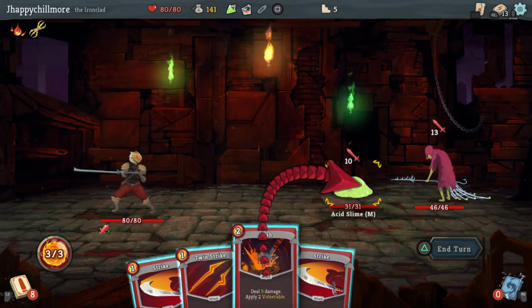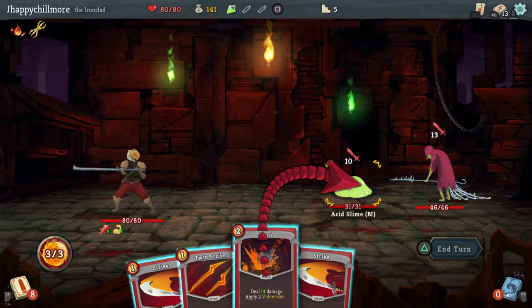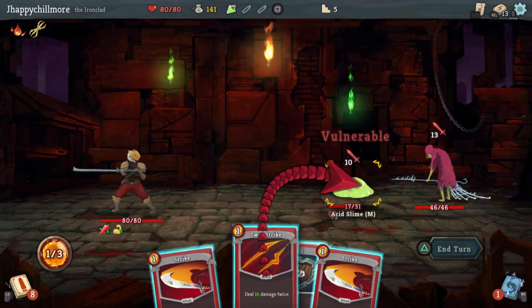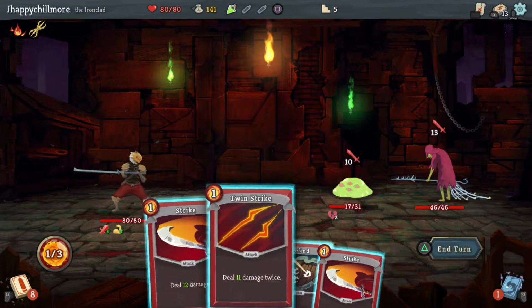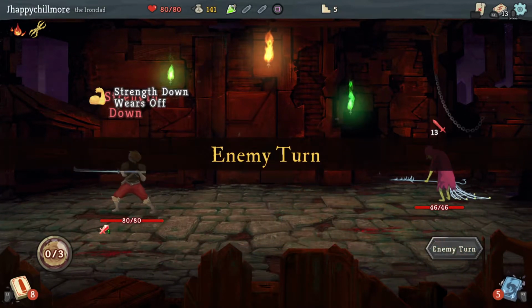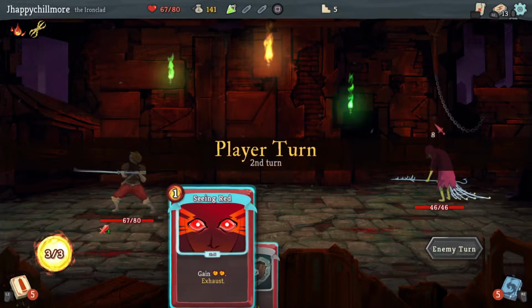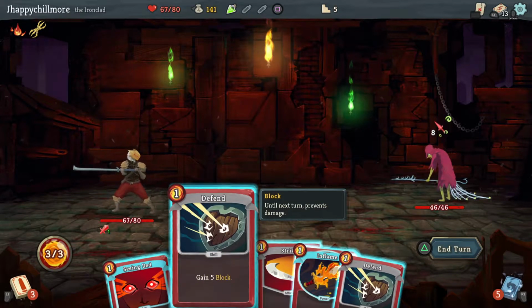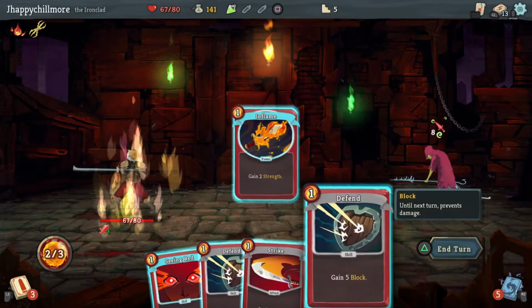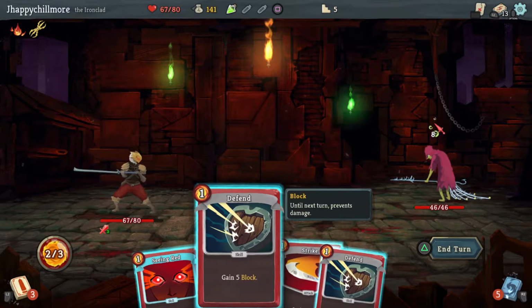Let's do... Let's gain some strength with this potion. We're gonna do this. I guess he's gonna die either way. So they were going to do 23 combined, but now I brought it down to 13. So he's gonna attack for 8. If I just gain 2 more strength, I can...